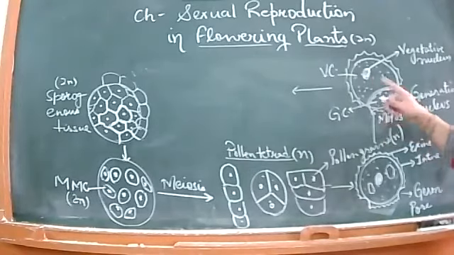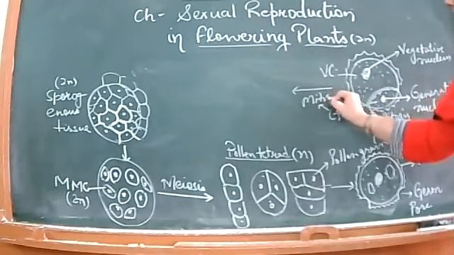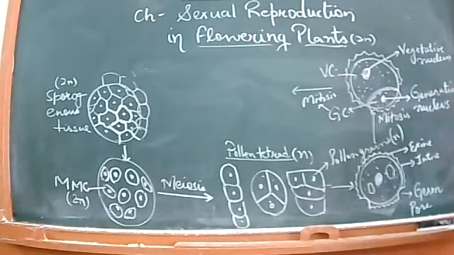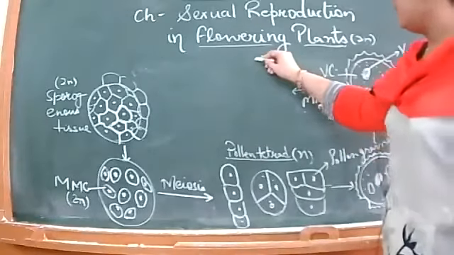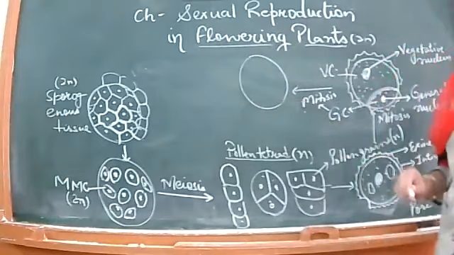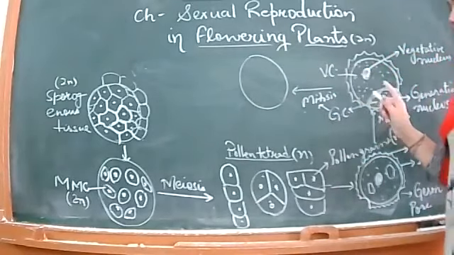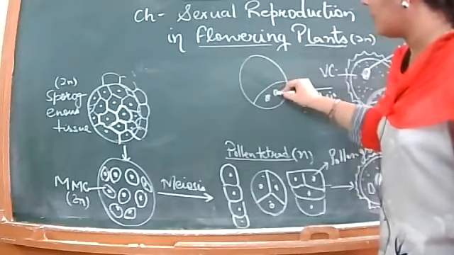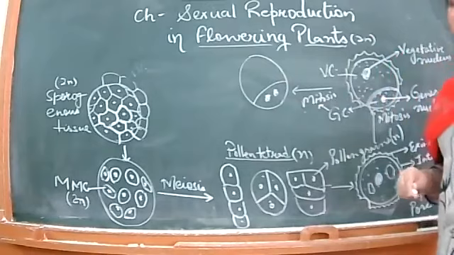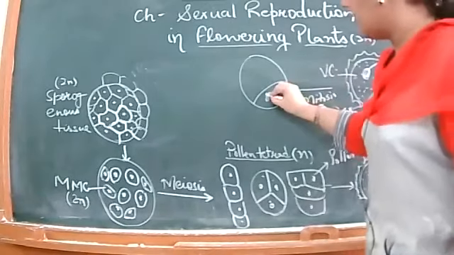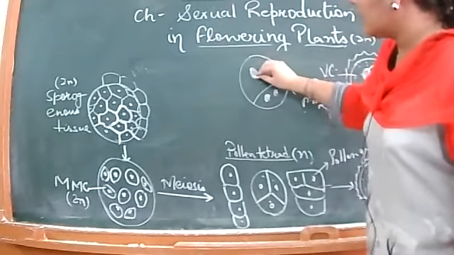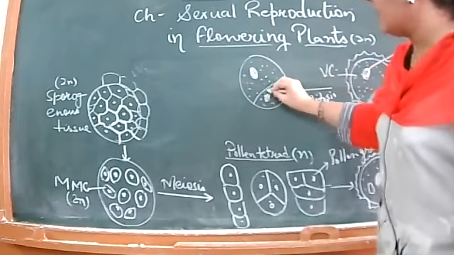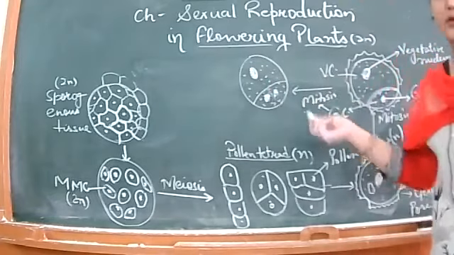Then only the generative cell undergoes one further division, that is mitosis again, because all these structures are now haploid. ये सारे structures जो बने हैं ये haploid. ठीक है, अब generative cell में सिर्फ mitosis हुआ further. तो क्या हुआ, जब ये generative में mitosis हुआ तो vegetative nucleus के बाद generative. अब vegetative ऐसा ही है, लेकिन generative में there is a division leading to the formation of two nuclei, that are the two nuclei which are the male gametes. ठीक है, so ये male gametes के दो nucleus हैं, ये vegetative nucleus है, and they do have their own cytoplasms. ठीक है, even ये जो nucleus हैं ये बाद में पूरे cells बन जाएंगे, ये दोनों अपने अपने cells बन जाएंगे जो कि male gamete कहलाएंगे.